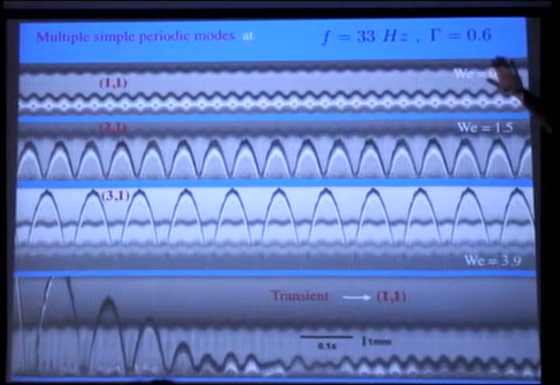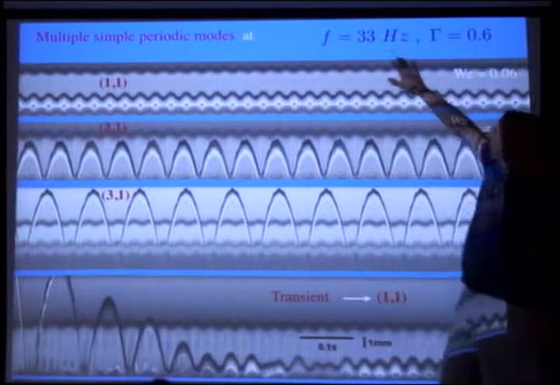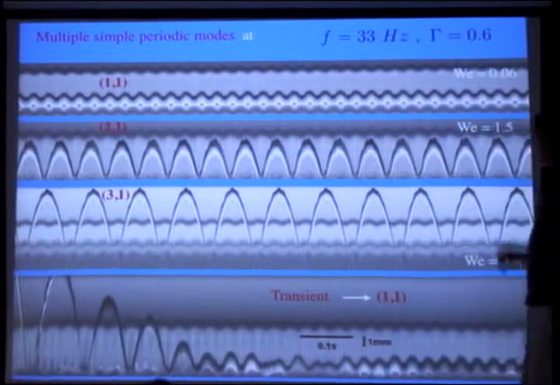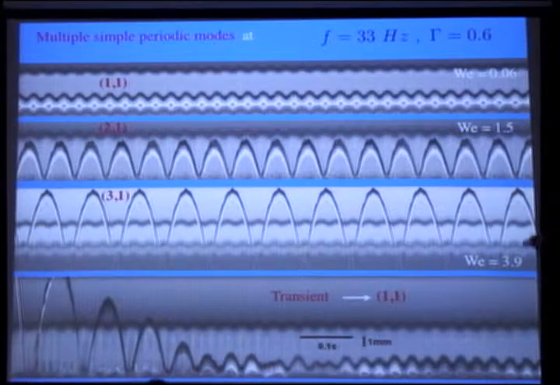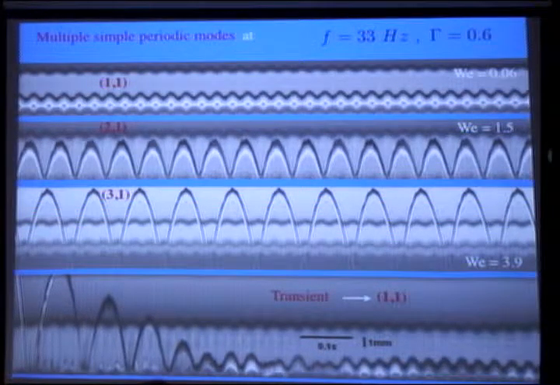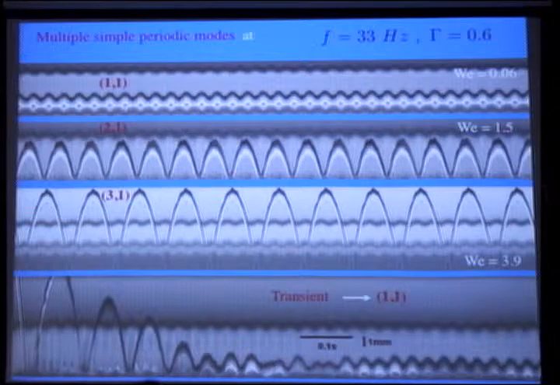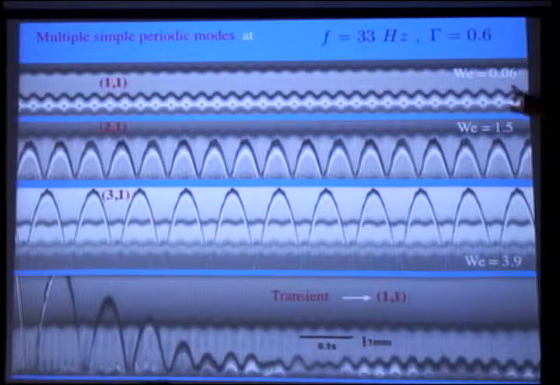Again, these are the same forcing, so the same forcing acceleration and frequency. The Weber number is different. Weber number is based on the impact speed. Here you can see it's landing at a relatively low speed, here a high speed, and it's getting a bigger kick because the phase is different between these three experiments.